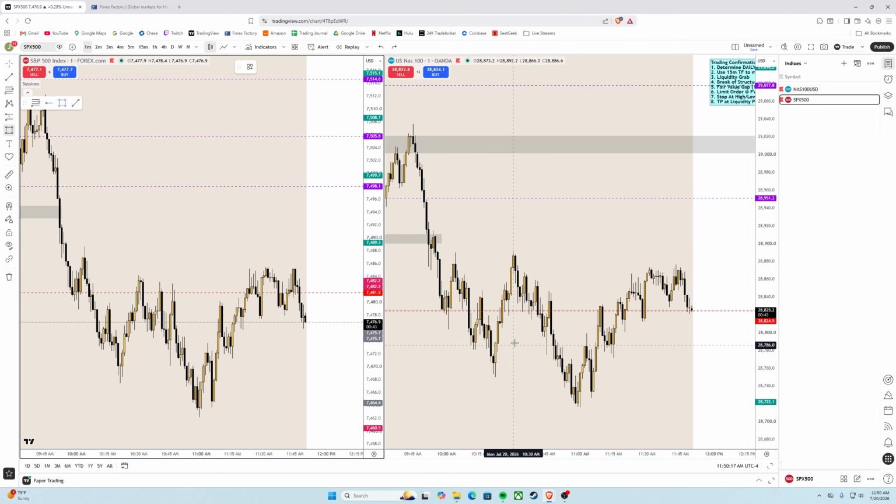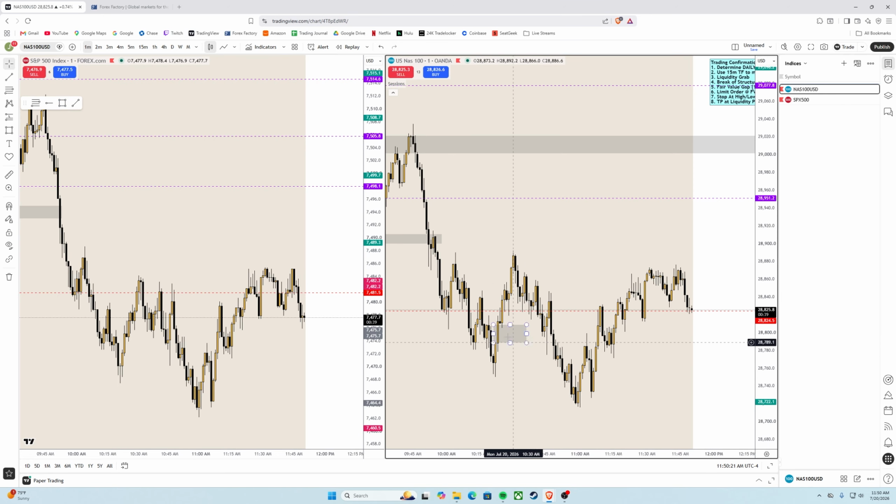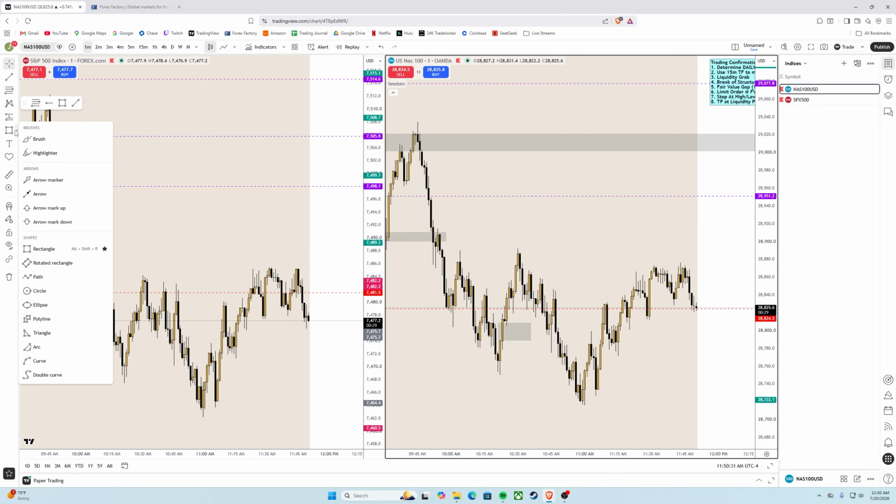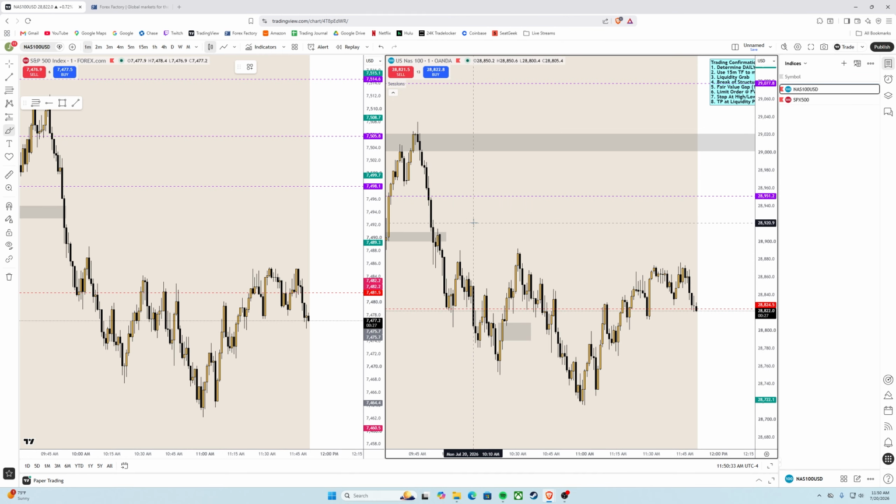Same idea with the NAS, right? Price dips in and then it leaves a fair value gap, and technically it would be an entry, but once again, price already took off and made the push higher. So this push down here is probably just a retracement or consolidation or whatever it is. And obviously if you would have taken an entry right here, it would have resulted in a loss, because your stop loss would have been down here and you would have taken an unnecessary loss for being impatient and trying to be greedy.